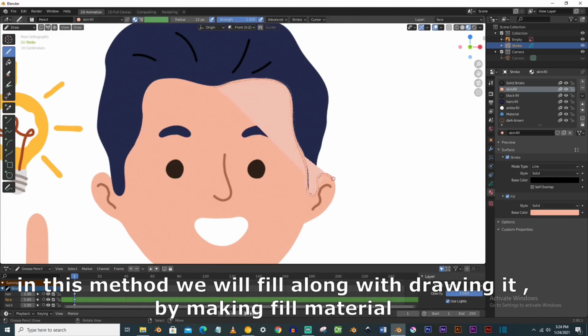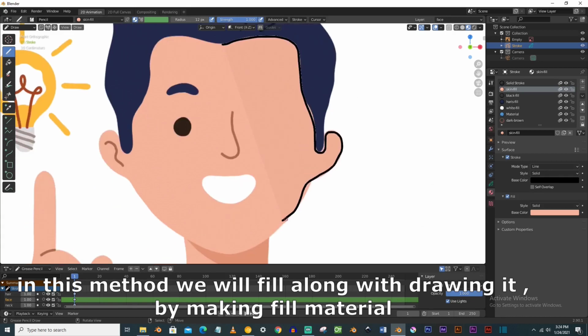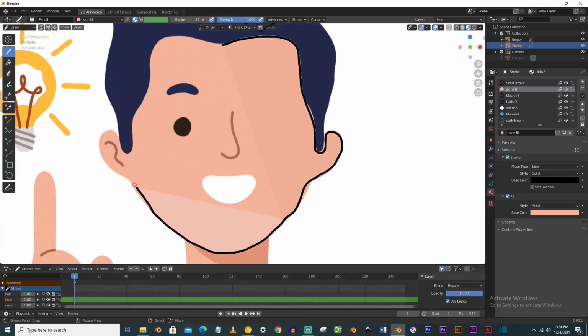But I found this method a little bit difficult because you cannot take off your hand while you are tracing.